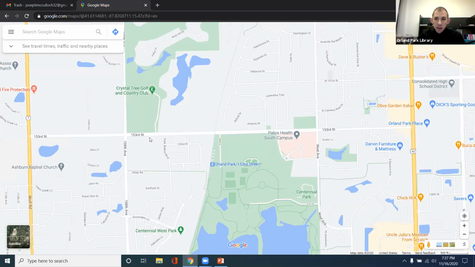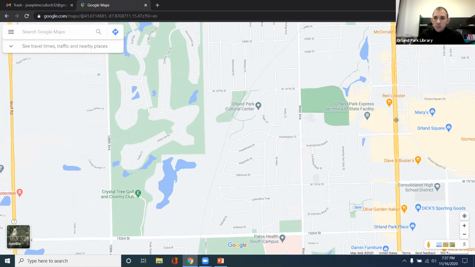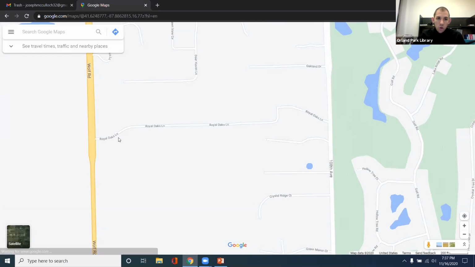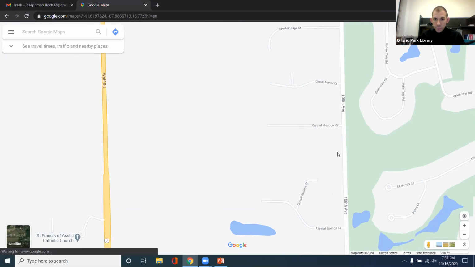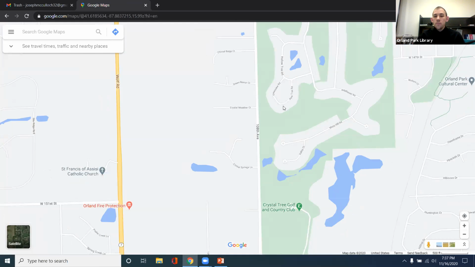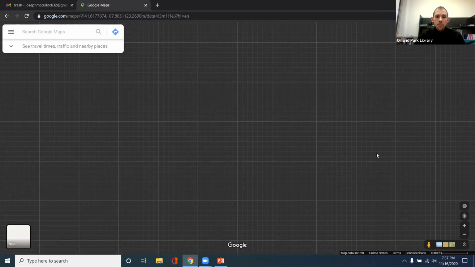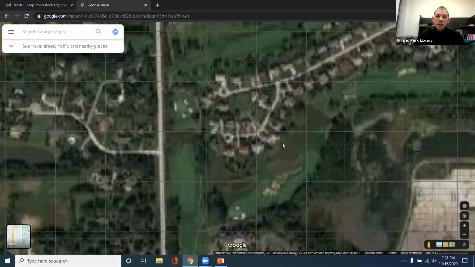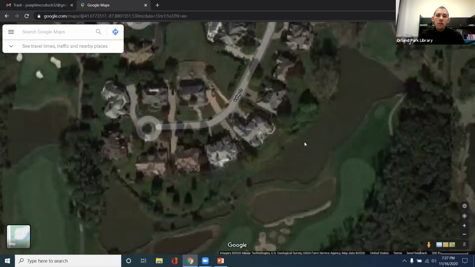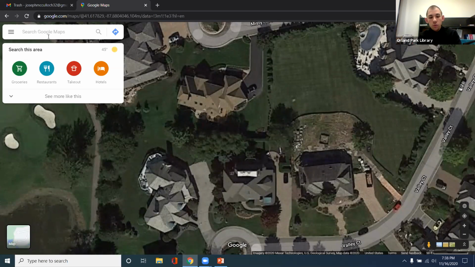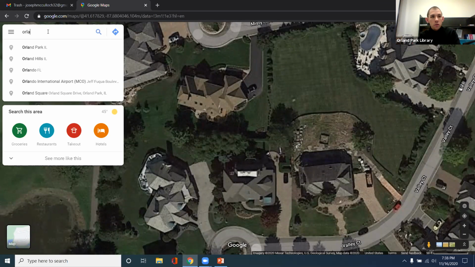Like instead of seeing, say, Wolf Road, you'll see Royal Oaks Inn, Royal Oaks Lawn, Crystal Meadows Court, and stuff like that. So you'll see more of a detailed view. And if you choose satellite, down in the left-hand corner, you'll see a more realistic satellite view of everything. You can see stuff right here. And then if I say go to the Orland Park Library,